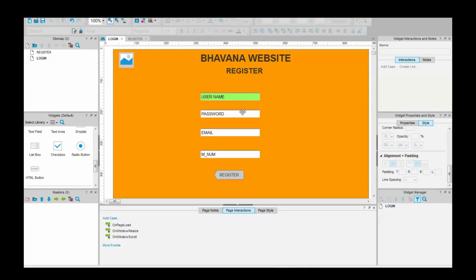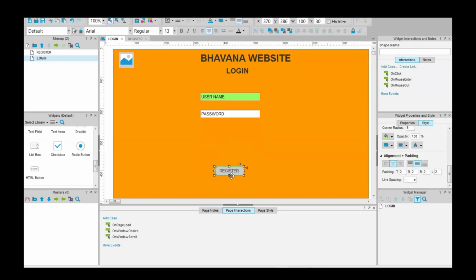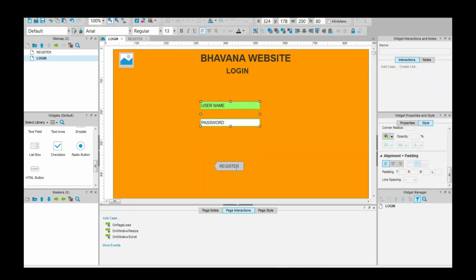Okay, so here I will mention this as login, and these two are not required. Okay, I am removing these two, and this is going to be the login one. Okay, so here